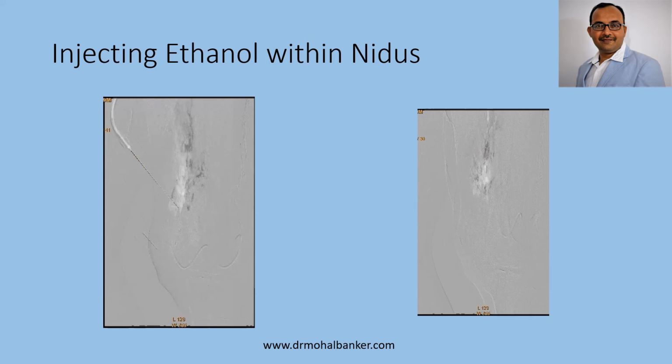with the ethanol. So first of all, do the angiography of the lesion, and see how much contrast is required and what your injecting speed is. According to that, decide the dose of the ethanol and inject this ethanol within this nidus, and you can visibly see how much ethanol is spreading within this nidus, and by that you can conclude whether this lesion is well covered or not. And later on, after a few minutes, you can do the angiography and confirm whether this nidus is closed or not. If not, then repeat the injection within the same nidus.